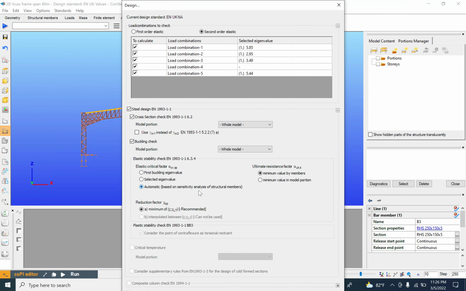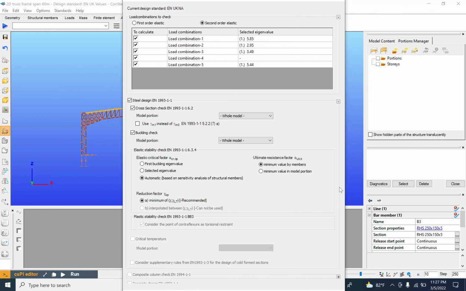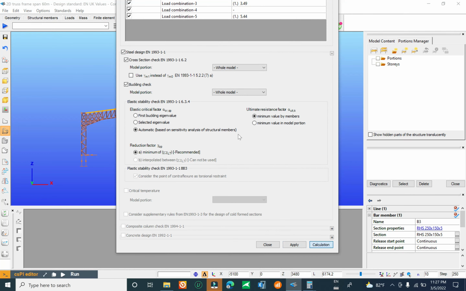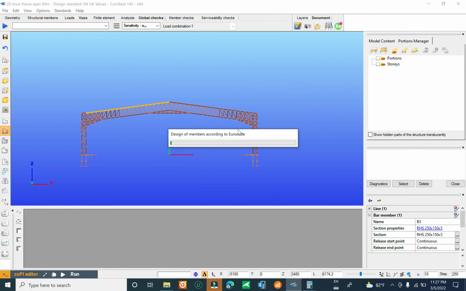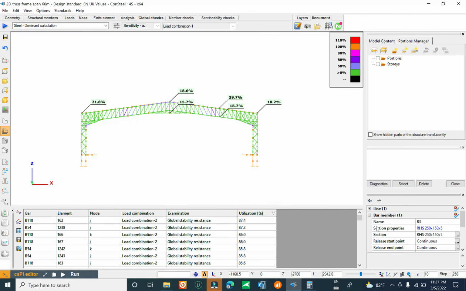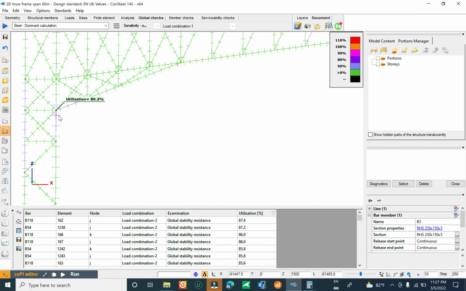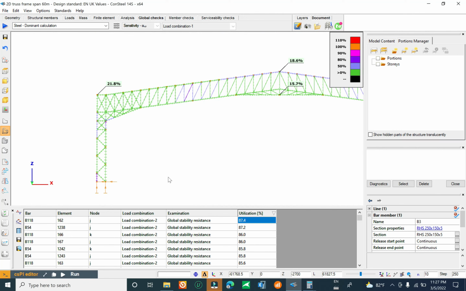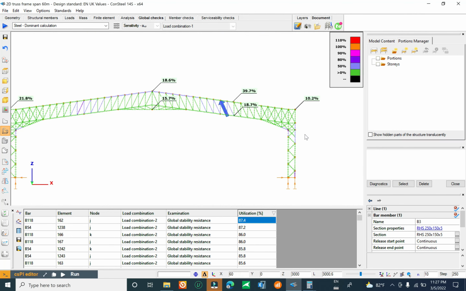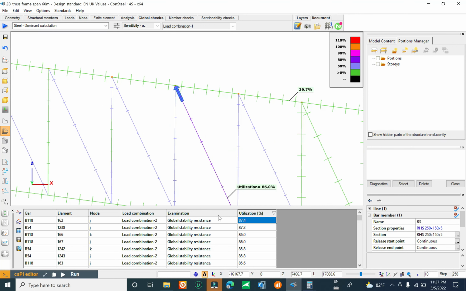Okay, now you see here the design result at the location is around 70. You see here it is 87%. It is a really good result for our design right now, and you can check for the location is this one. I showed you previously about the analysis and buckling sensitivity. Okay, you see here about the location,